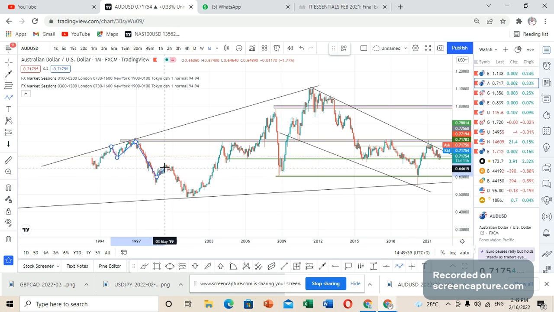After touching this particular point of support, we had a move toward the upside to this particular area. Then we had a further movement toward the upside, making its first touch toward the downside on this particular trend line that is below here. We had a second touch in these areas, and then the market rose up to this particular area. This was a region of resistance. You can see that we had our first touch here. Then this became our second touch.